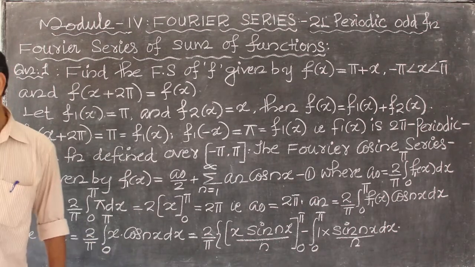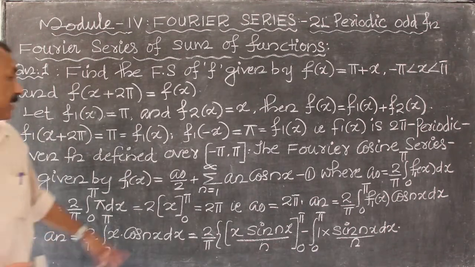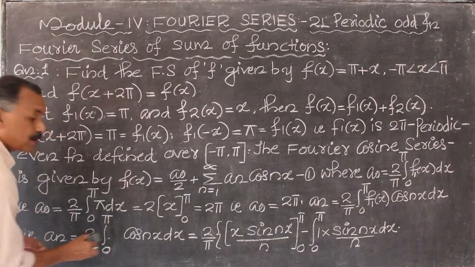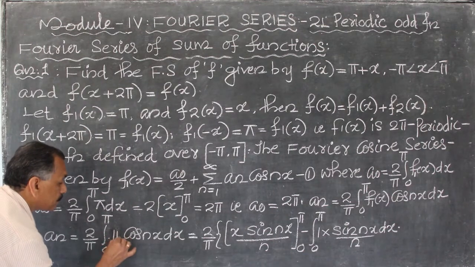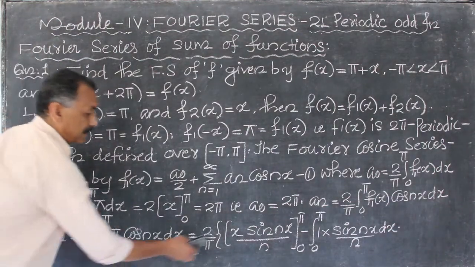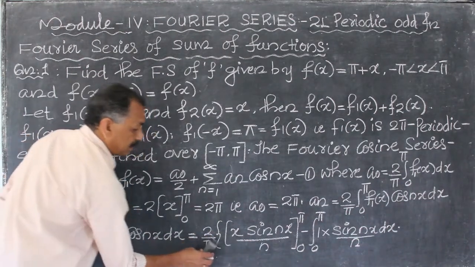f1(x) is equal to, what is f1? f1(x) is equal to what? f1(x) is the value of pi into cos nx dx. That is, pi in, but pi cancels. Pi cancels, that is